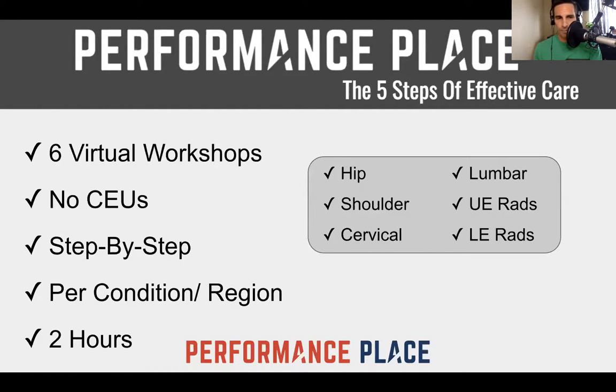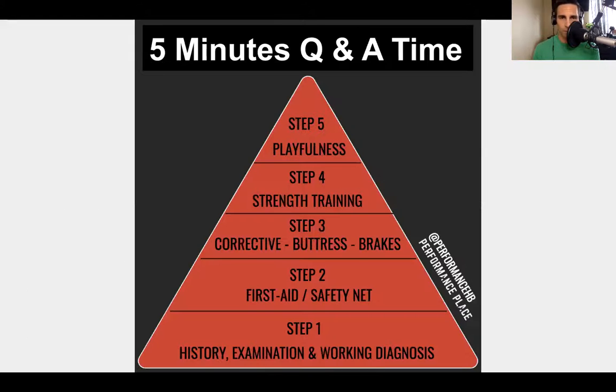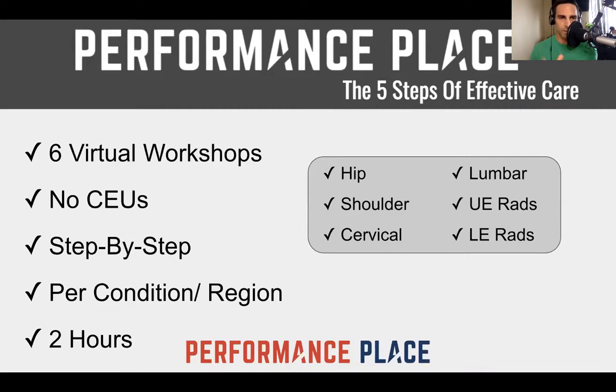I'll do a step-by-step, regional and case dependent. It's 2 hours long. I'm going to cover these things: hip, shoulder, cervical, lumbar, and upper and lower radiculopathies. No CEUs are available. But basically, I want only a handful of people